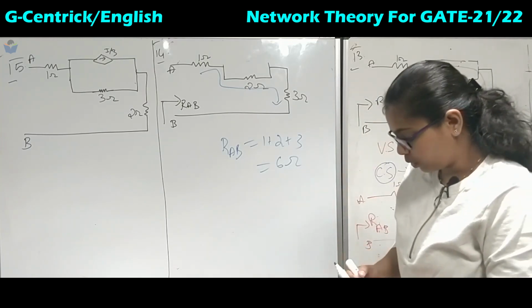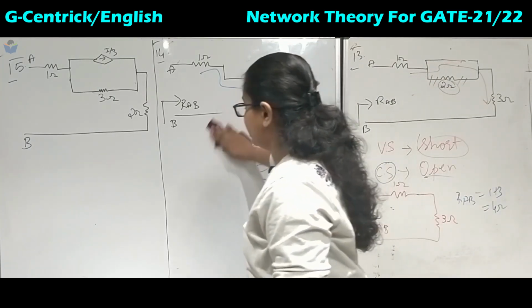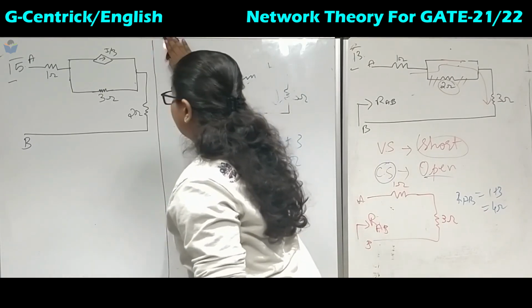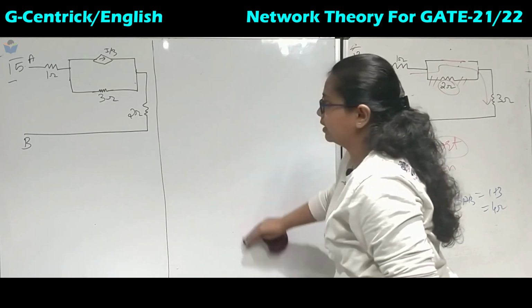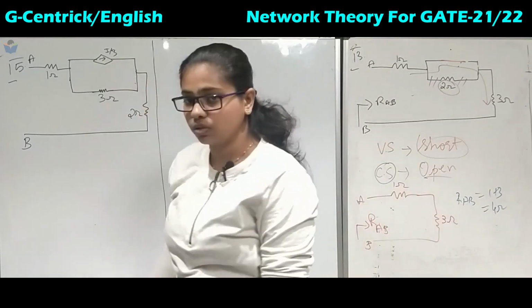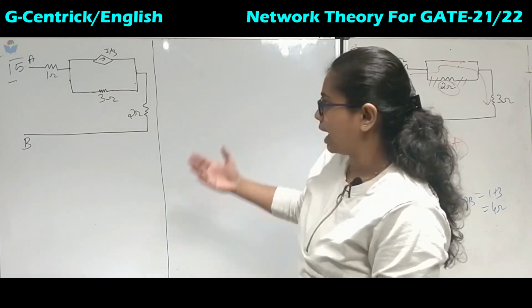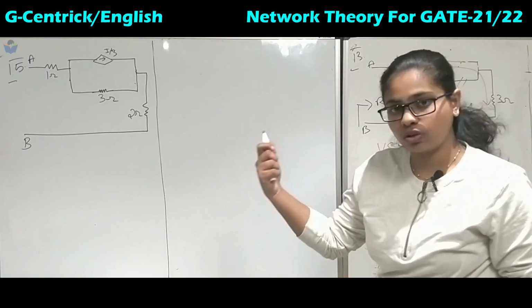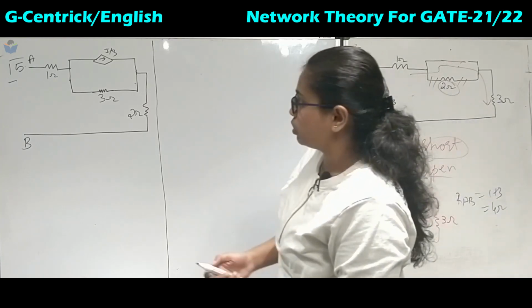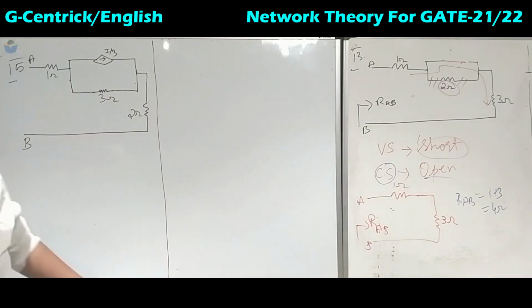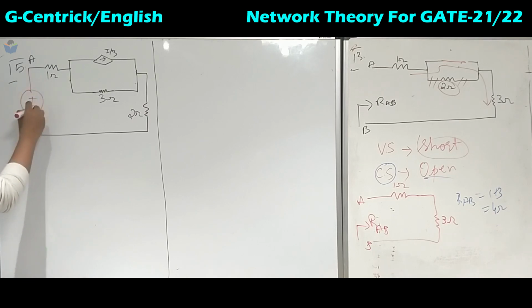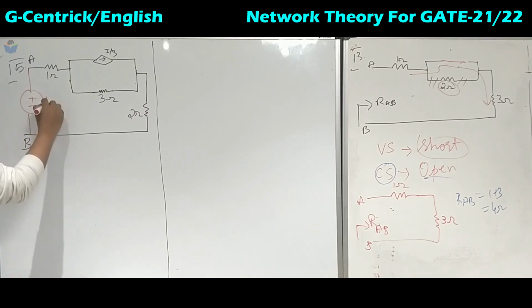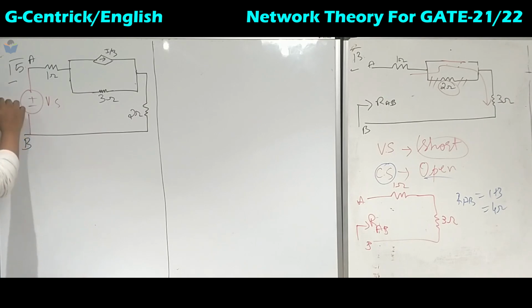So coming to the 15th problem. So they have asked us to calculate again the R equivalent between the 2 points A and B. But here what is important to notice is that it has got a dependent source and there is no active elements, that is, voltage source or current source is not present. So when such circuits are given, what we have to do is we need to activate this circuit. Okay, so this is only when they have asked us to calculate the equivalent resistor. So we will add the voltage source and make it active.